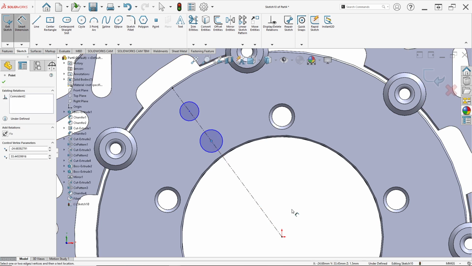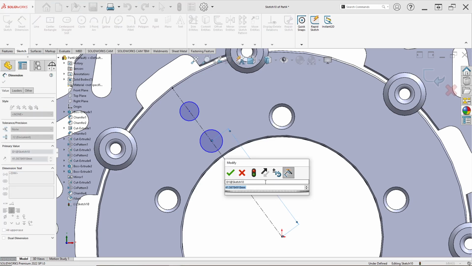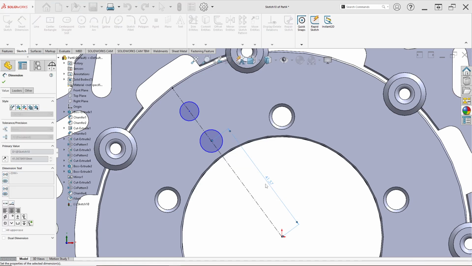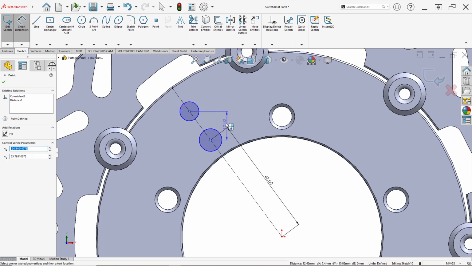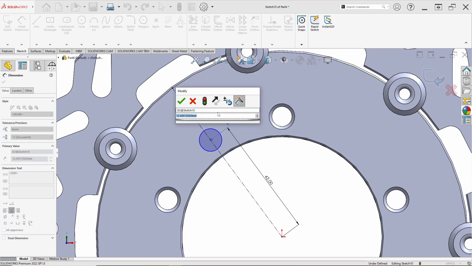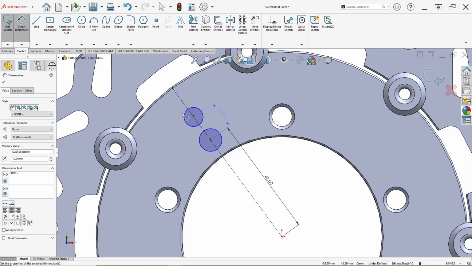First, distance for this circle and this point I set in 42 millimeter, and this center of circle and center of the circle I set in 10 millimeter.